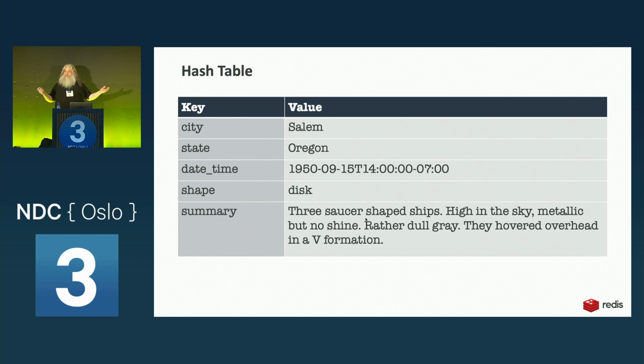And so, just for those who aren't familiar, a hash table is your dictionary, right? You got the key value pairs. I want to shove like the city, it's Salem. And so I can pass that string into that hash table and get that value back out. It's kind of like a key value store. And the reason that they're called hash tables is because we use hashing functions on the keys when we're inserting things into the hash table.